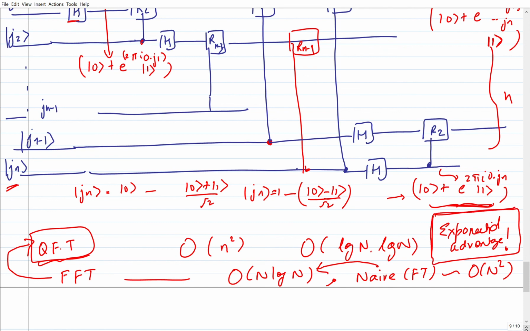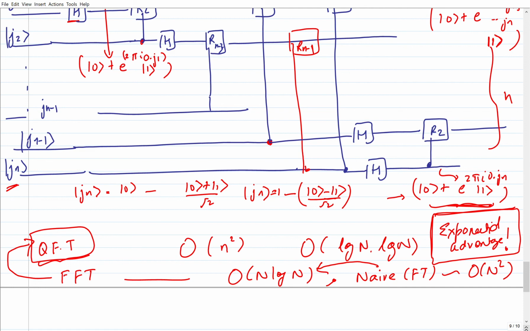And as we discussed in the opening lecture, Fourier transform is the bedrock of a lot of numerical recipes, signal processing, image processing, geology, geophysics, astronomy. So if we have an exponential advantage over the classically fastest algorithm, which was already an exponential speed up over the naive classical algorithm, that hints towards